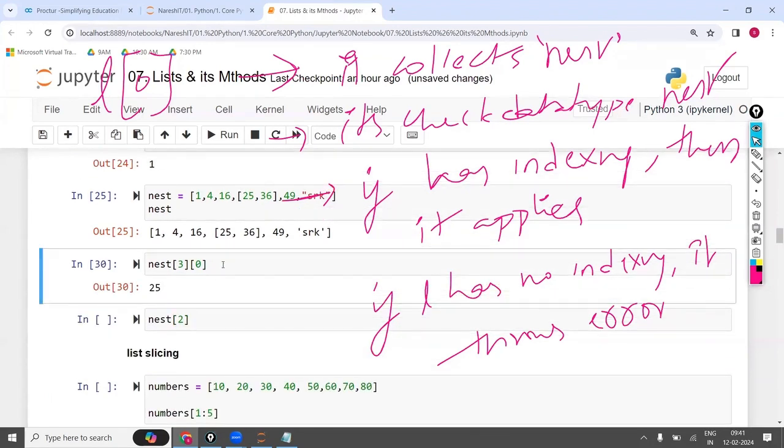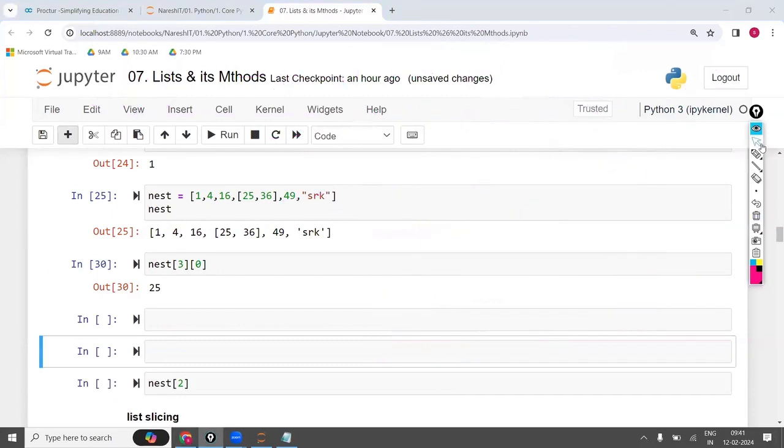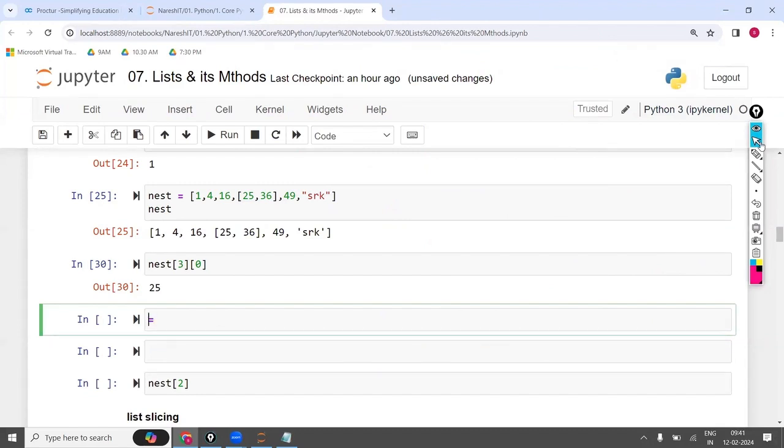Now the interview question is like this. They will ask you the interview question in this way. Take one list, L is equal to, take one list of your choice, 25, 30, and a list of 20, 26, 27, 28. And within that, I'm going to give one more item as hello, and a list of 32, 38.